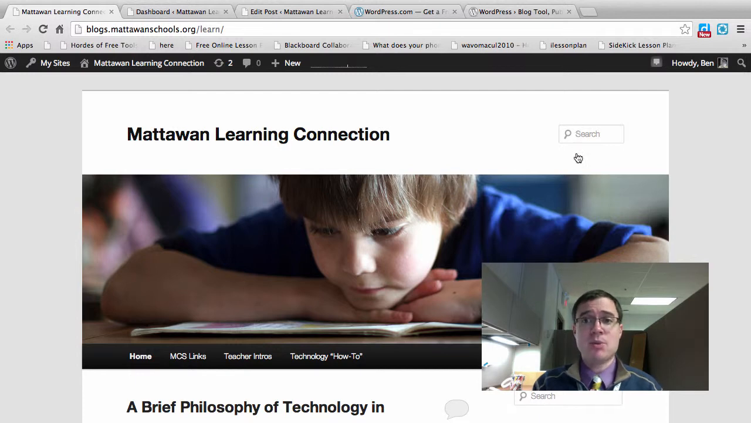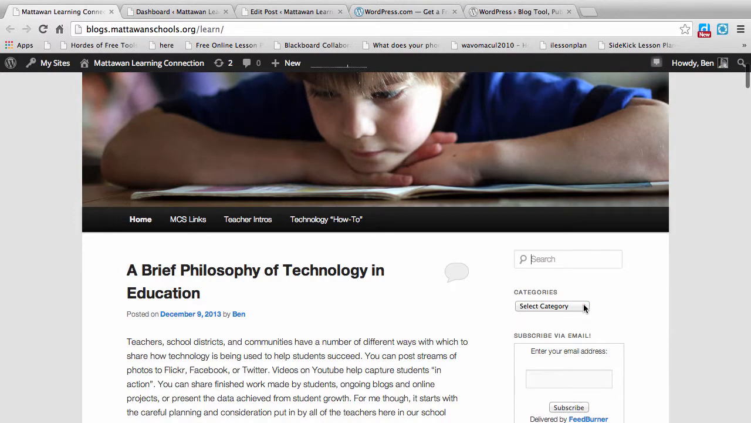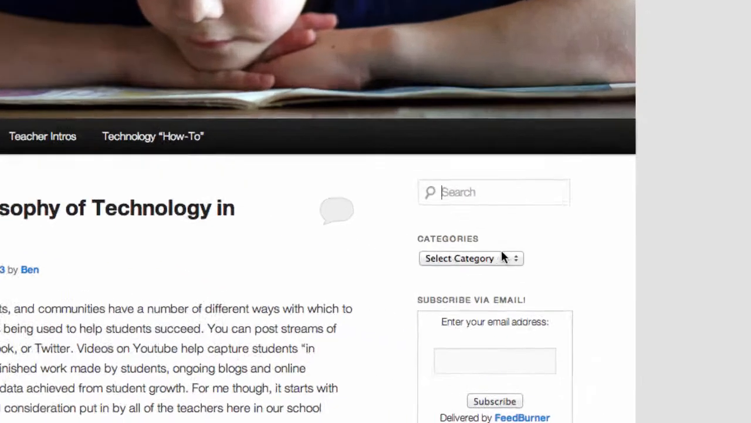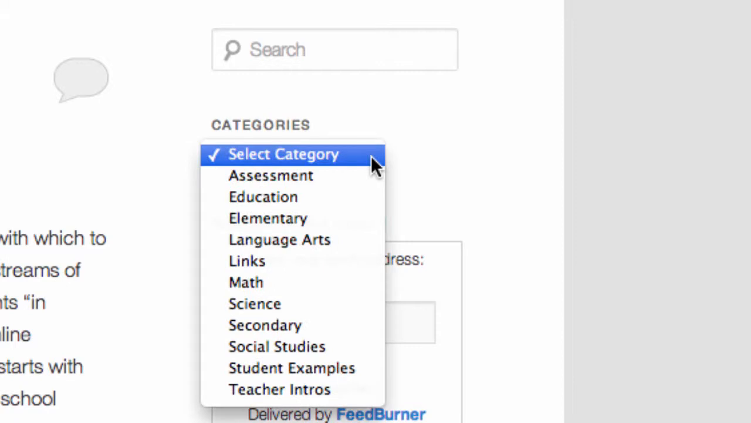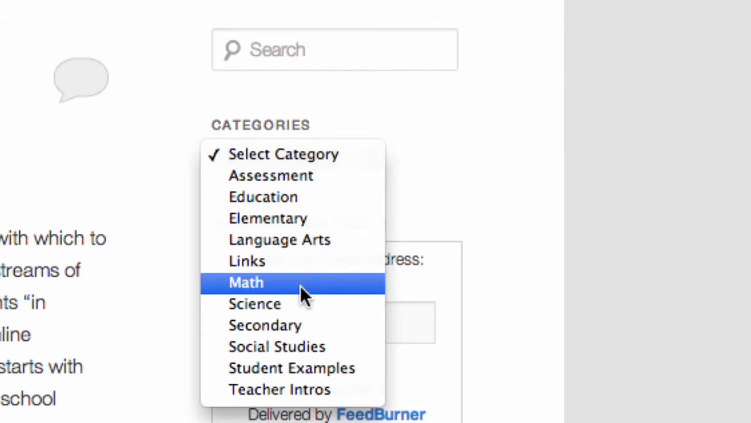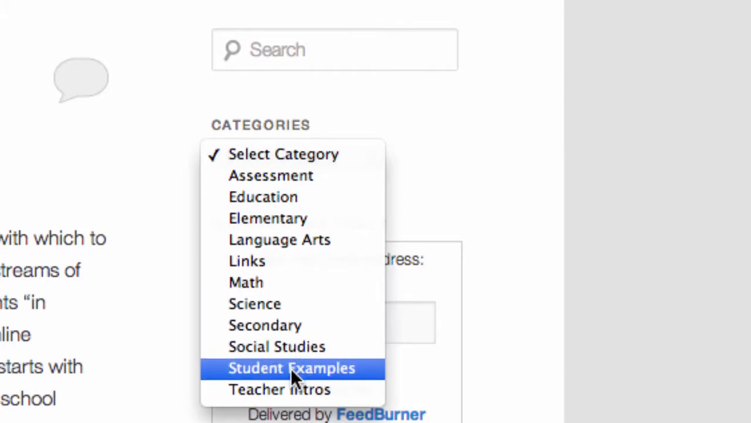You'll notice I have a couple right here, or go to the archives. I would really love for people to find what they need or what's pertinent to them. So what I've done is I have started using categories. And you can see right here, I've got a few categories when you click this drop down menu that are pertinent to the education world, from assessment to the subject areas, math, science, so forth, down to student examples and